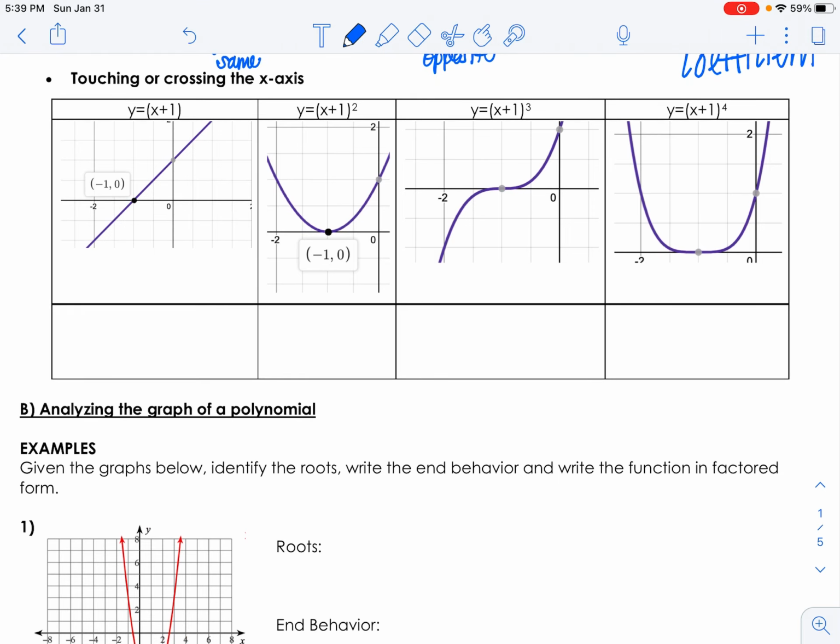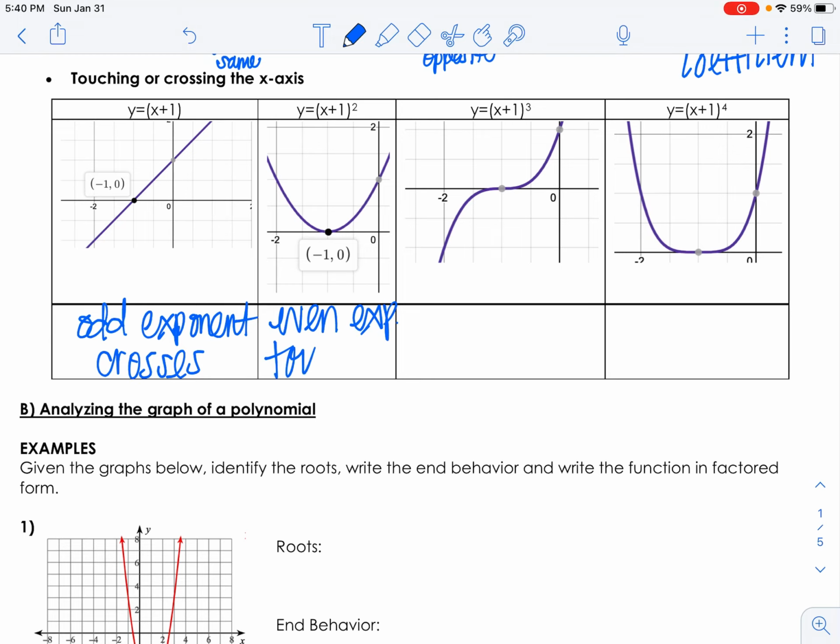Touching or crossing the x-axis. If you notice that a factor just appears once and it doesn't have an exponent above it, that means it touches. So odd exponent above a factor means it crosses. An even exponent, like x plus 1 squared. Sometimes we've had that where we have the same factor written twice, so we rewrite it as x plus 1 squared. If we have an even exponent,